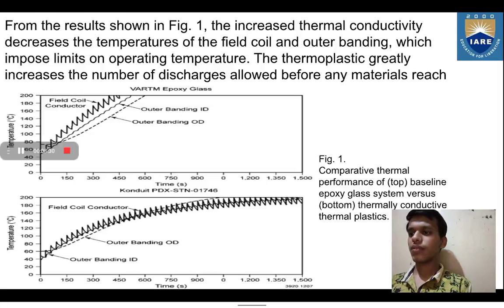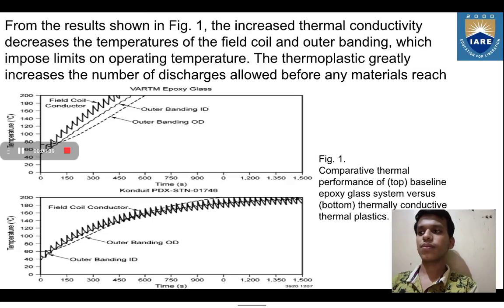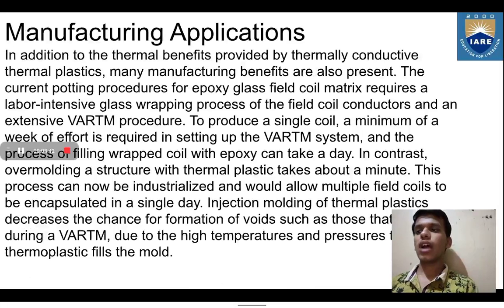So we can see the difference in outer banding ID and outer banding OD and field coil conductors in both the graphs. Now, manufacturing applications. In addition to the thermal benefits provided by thermally conductive thermal plastics, many manufacturing benefits are also present. The current potting procedure for epoxy glass field coil matrix requires a labor-intensive glass wrapping process of the field